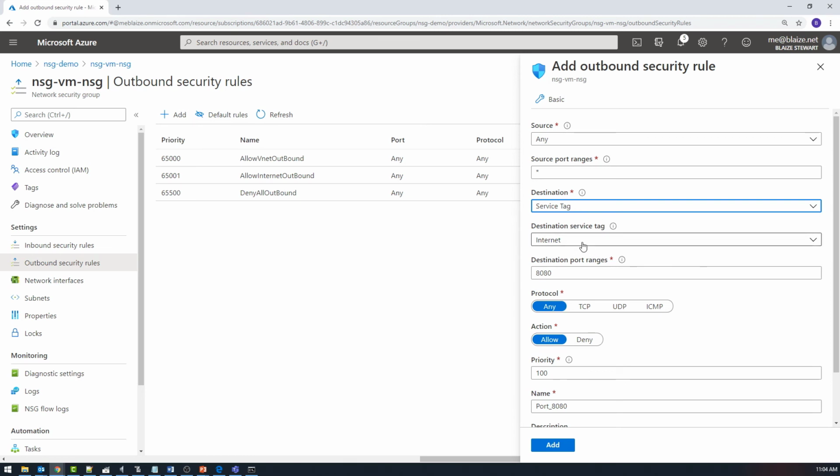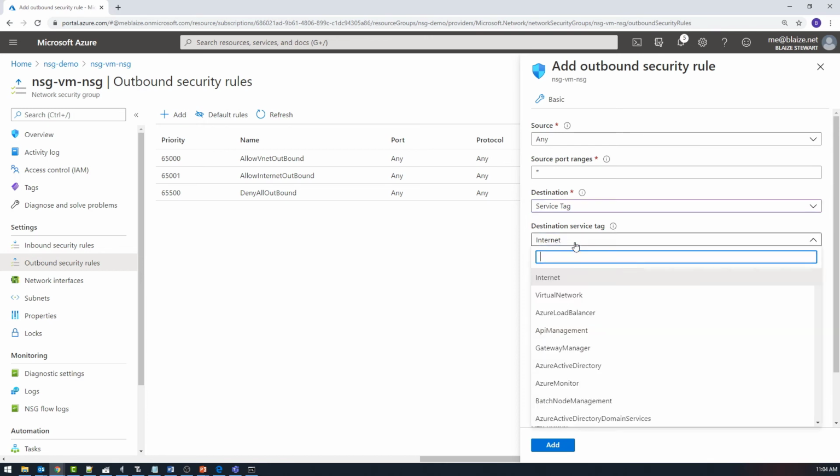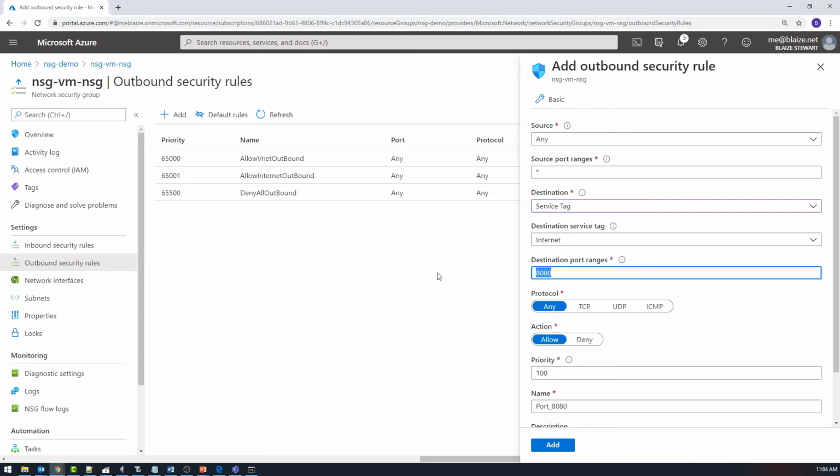But for now, the main one I'm looking for is internet, and you have some other ones in here, and we'll talk about what those mean in a future video when we do a second video on NSGs. But in this case, I want to say internet bound, destination port any. So basically any destination port, any destination IP address that's internet bound, I want to block